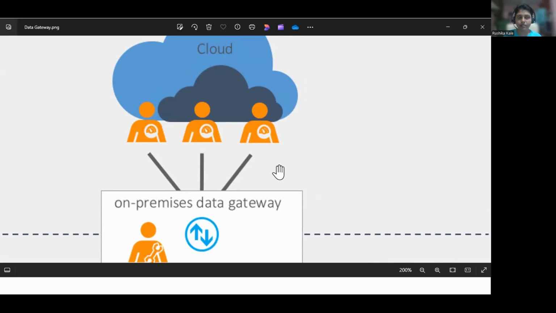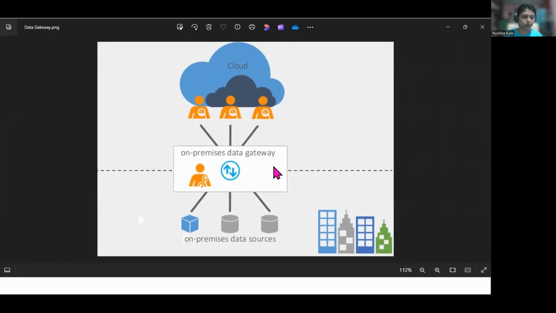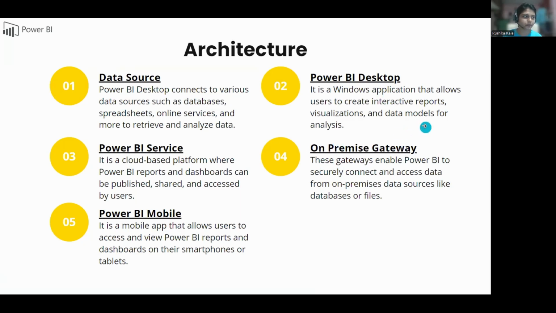We will see the practical uses of it as well at a certain point of time, once our report is done and once we publish our report. But this is the high-level idea of the on-premise gateway. Okay. So the on-premise data gateway is used to sync the data which is on your local system with your cloud, so to sync the data from your Excel file to your report, basically. To do that, we have the on-premise data gateway. And there is also another software to install for it. We will do that after some time.